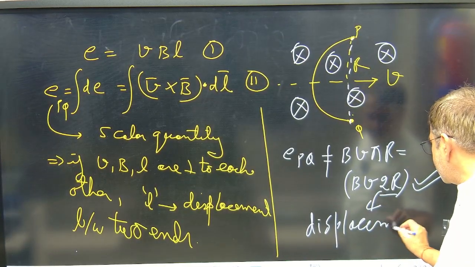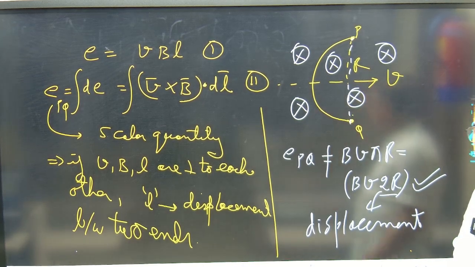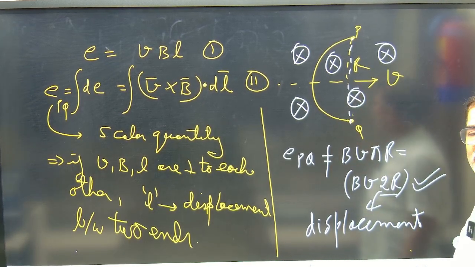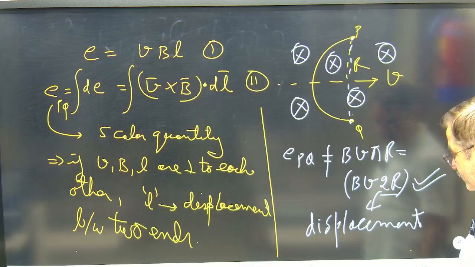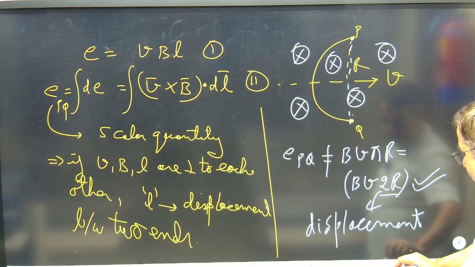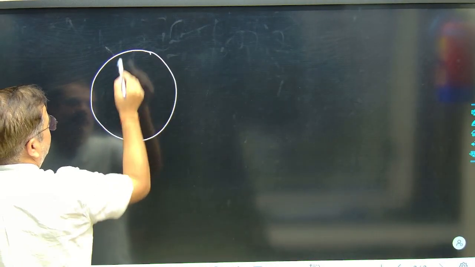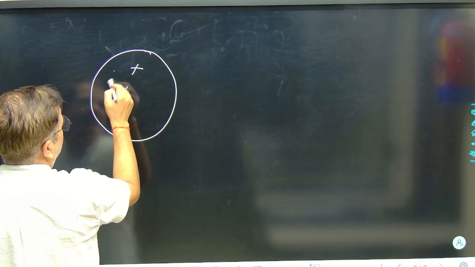Correct. Suppose it becomes a closed loop. So displacement is 0 and induced EMF will also be 0. That thing also we can prove. So displacement will be the thing. This you have to keep in mind. Like if I am saying any closed loop is moving, say a perfect circular loop is moving in a field like this,